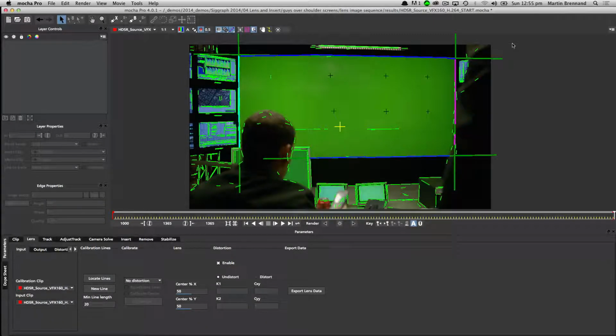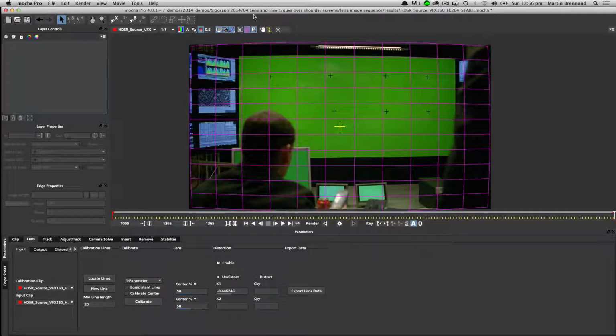If you don't have straight lines in your shot, which is actually quite common if you're shooting in a forest or a close-up of someone's face, there's a lot of organic lines which don't have any straight lines. You can just import a separate clip that's been shot with the same lens, such as a calibration grid, or just point the camera at a wall and use that clip to calibrate the current clip you're working with. But here, I've got a nice piece of footage, so I don't need to do that. So I'm going to just select a single parameter, calibrate that, and this works out the lens distortion